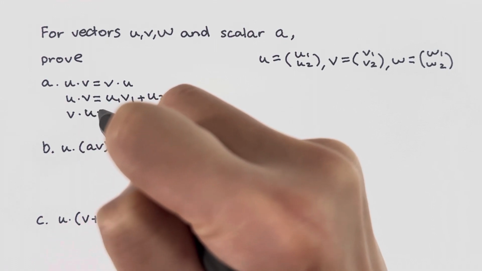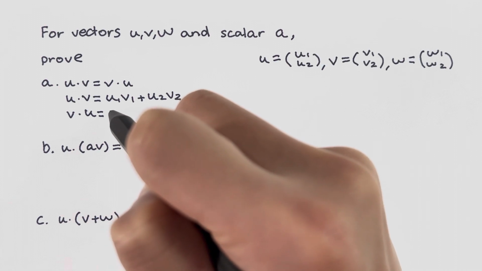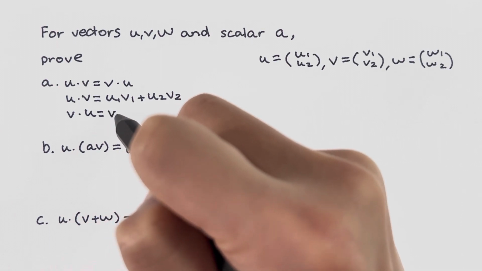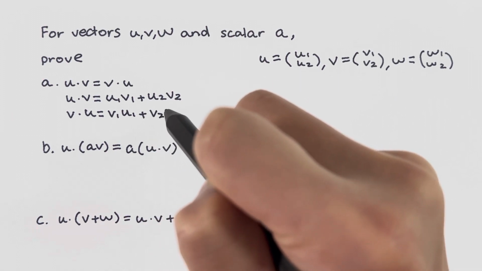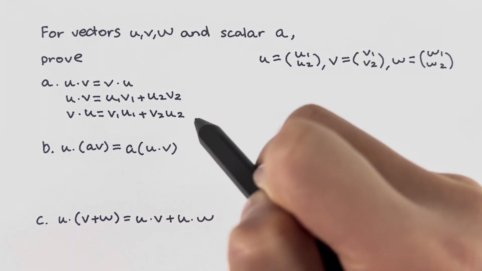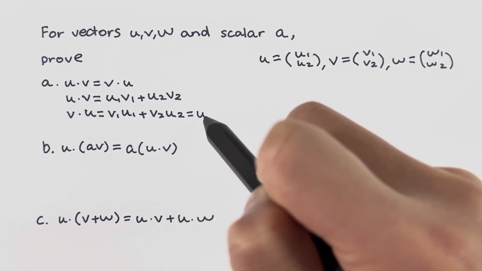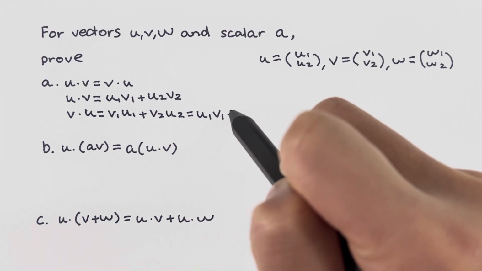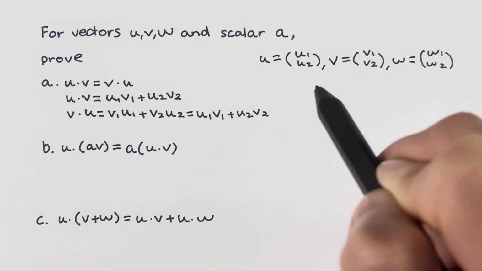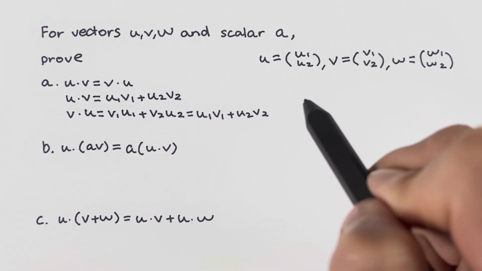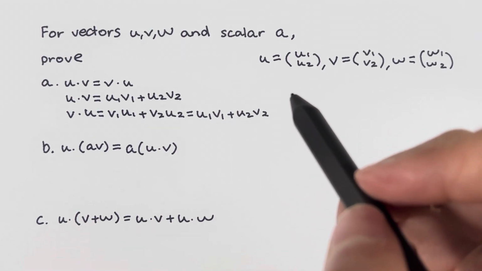v times u equals to v1 u1 plus v2 u2. And this will equal to u1 v1 plus u2 v2 by the commutative property of multiplication. So u times v equals to v times u. For part B,